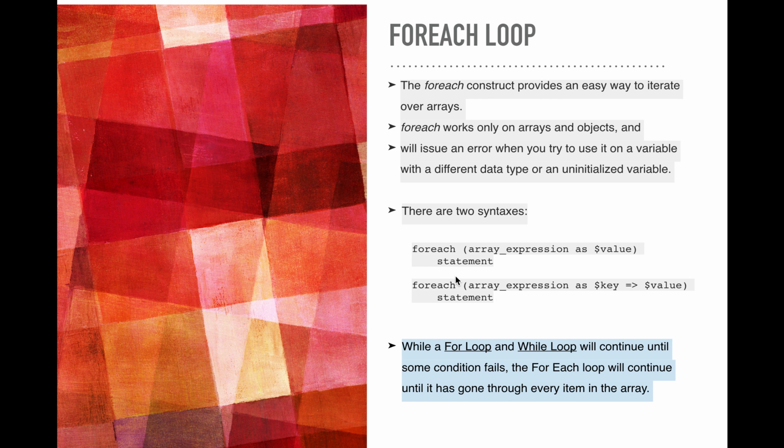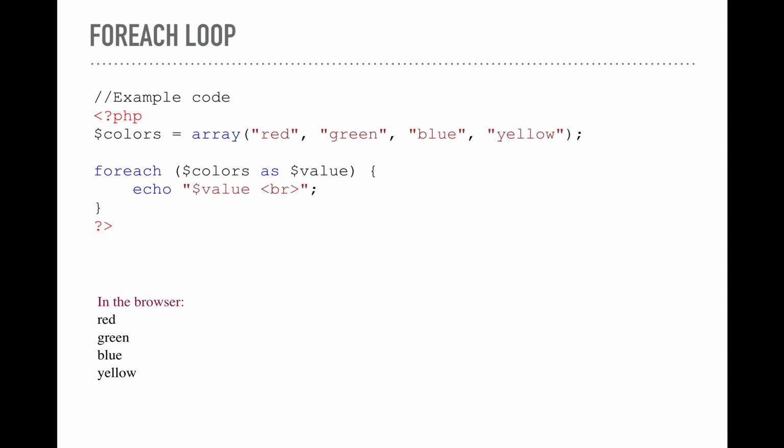So, first example of my code. Here you declare a variable and you call it $colors, and you assign it to an array of red, green, blue, and yellow. And then you write your foreach loop where